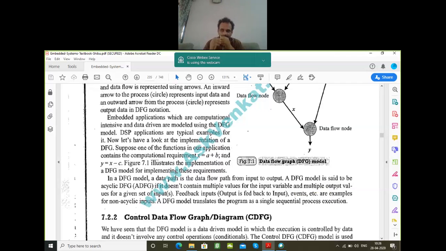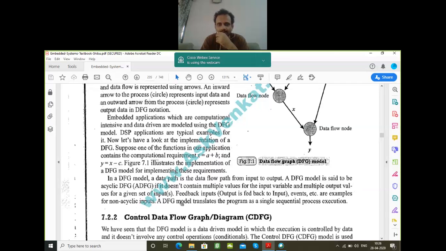Okay, and multiple output values are not there, but only a single output value. Like A and B you add, you get X. You don't get Y. Though there are X and Y, multiple output variables, they have their own formula. Like A plus B is equal to X. So X value is fixed. It is not multiple. Y is equal to X minus C. So Y value is fixed. It is not variable.